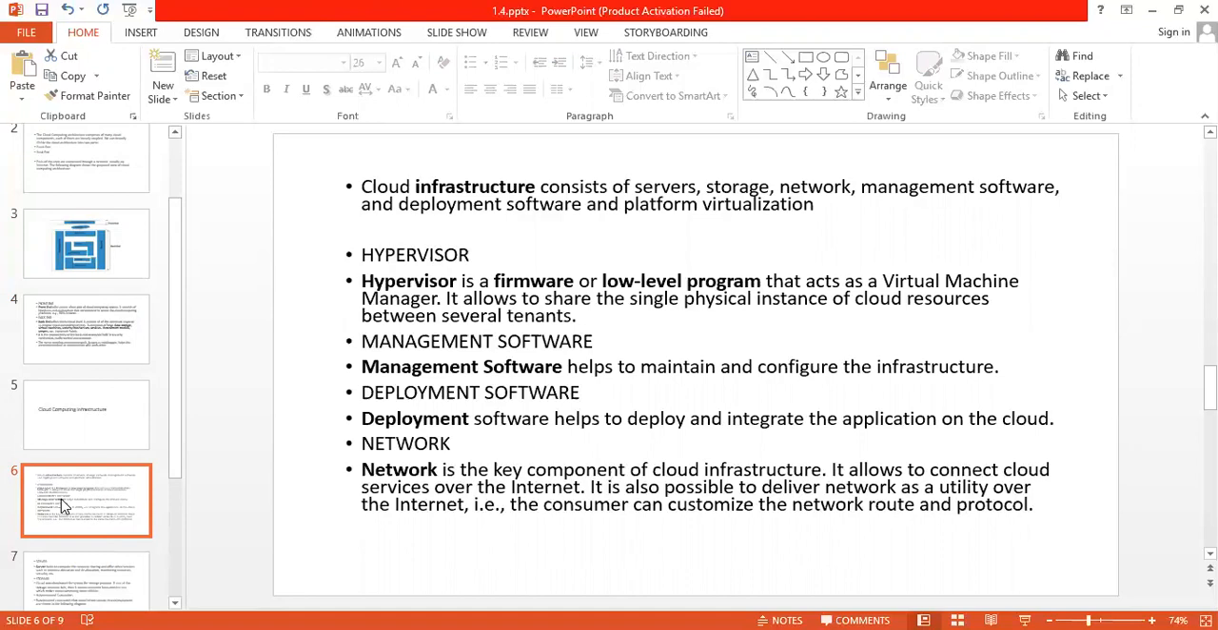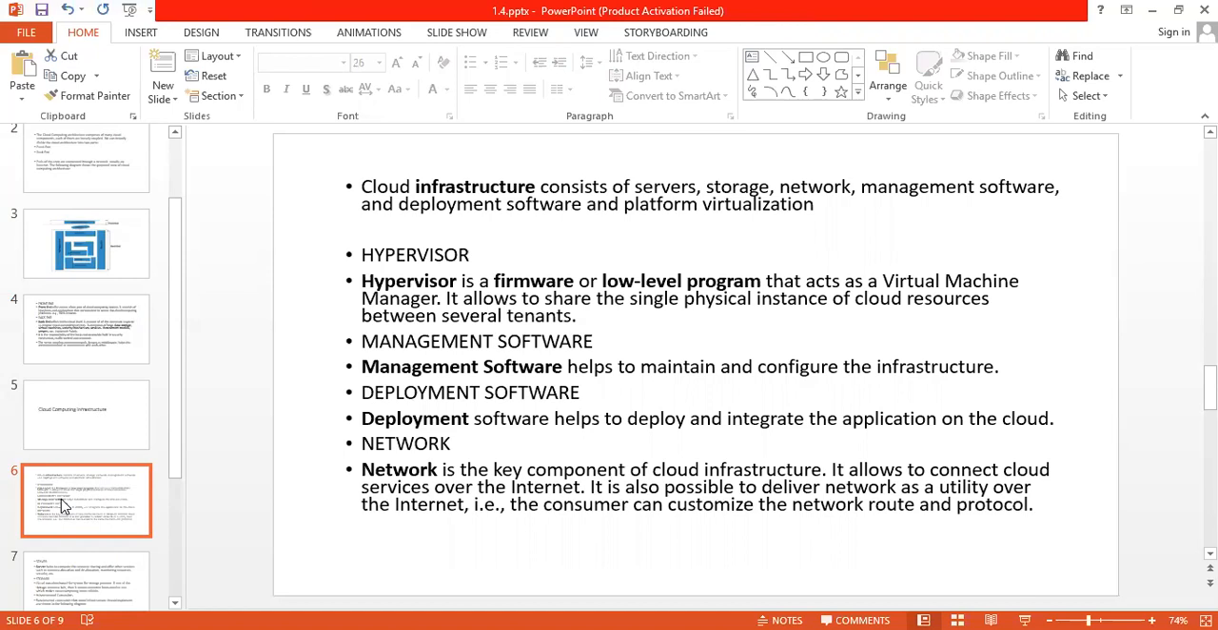Infrastructure consists of servers. If you are considering any cloud, then all these things come under this. You should have some server, you should have some storage, there should be a network, there should be management software which will work when any deficiency or any problem comes into the cloud. Then the deployment software, how the cloud is going to deploy, various types of deployment software are there, and platform